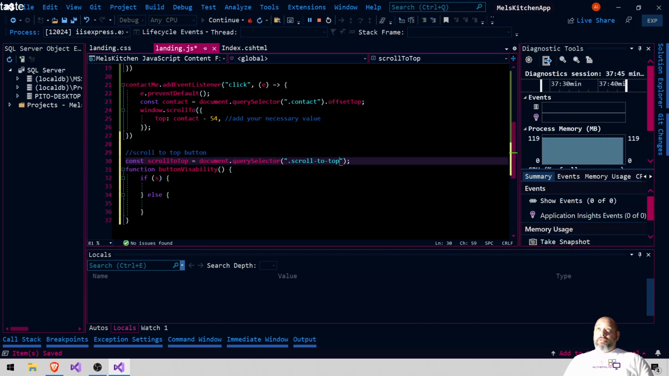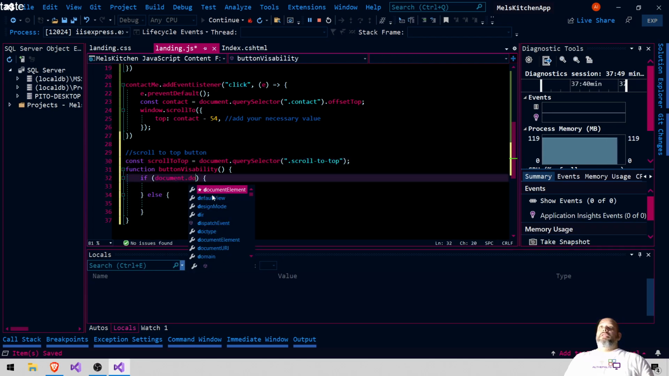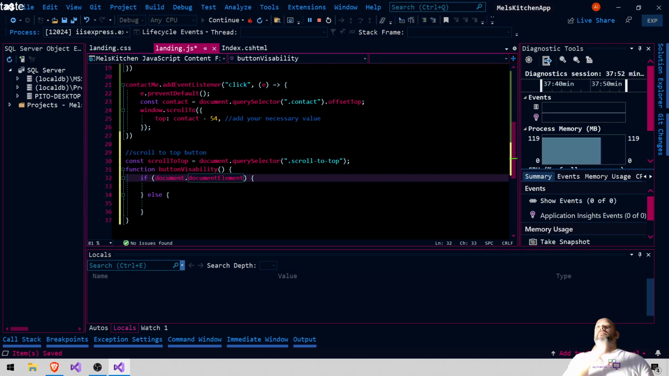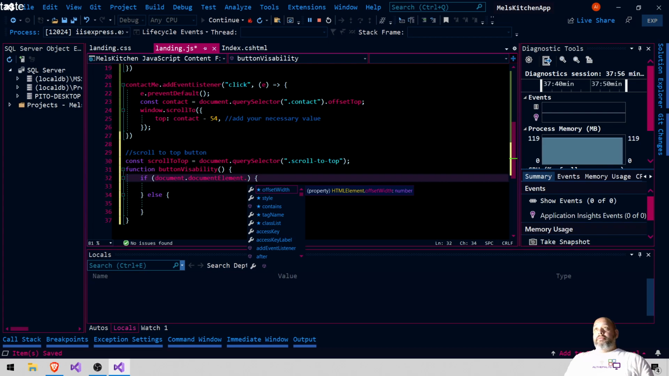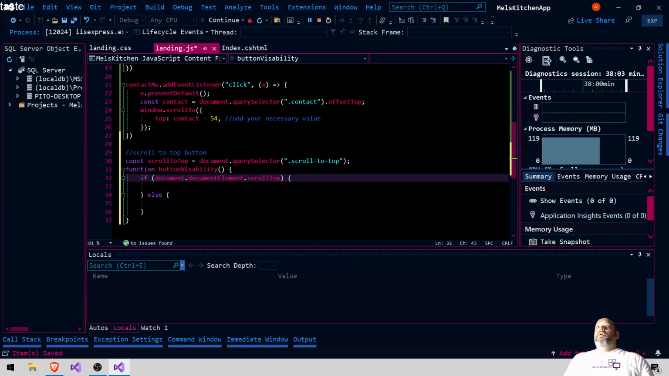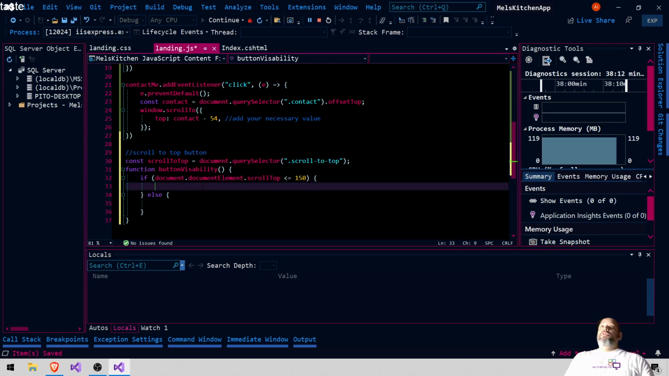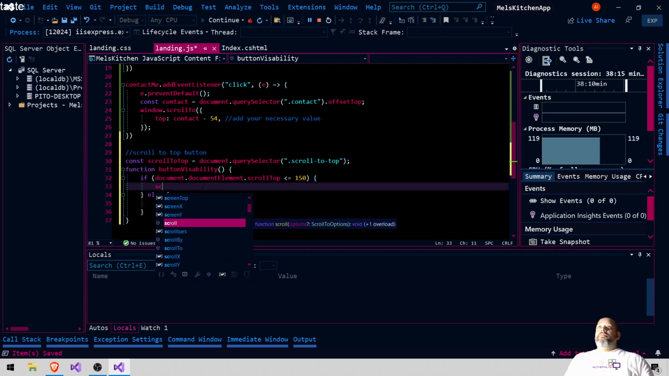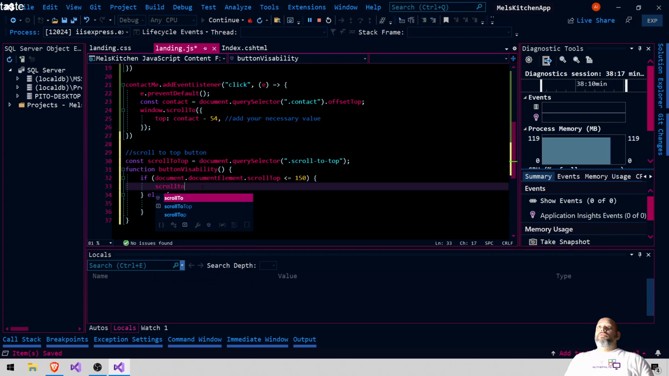That's what this is going to do. So if document element dot scroll top is less than or equal to 150 pixels. Well, we didn't put pixels in there. 150. What we want to do is put scroll to top